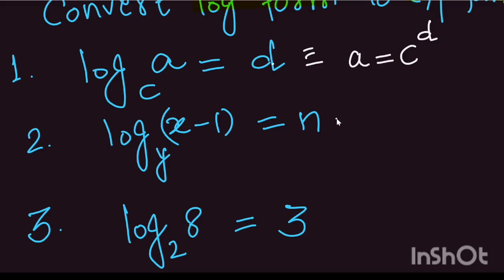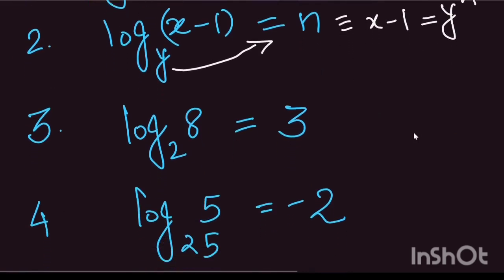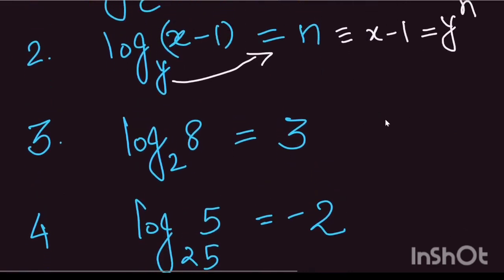In a similar way, we can also think like this: y will come out and it will push n up, and what we would be left with would be x minus 1. So we only have to convert. We don't need to find x or y. Okay, this is it. Similarly, in this, log 8 base 2